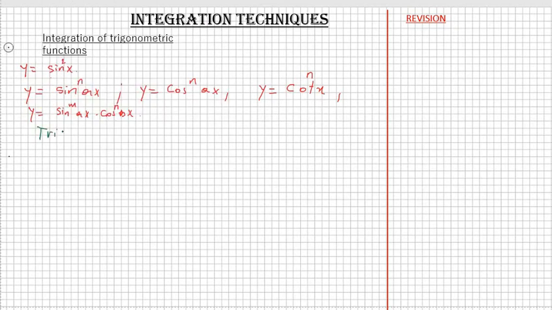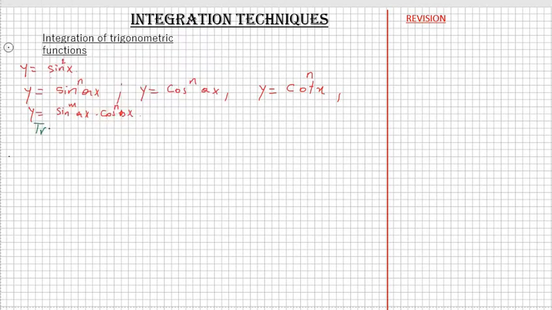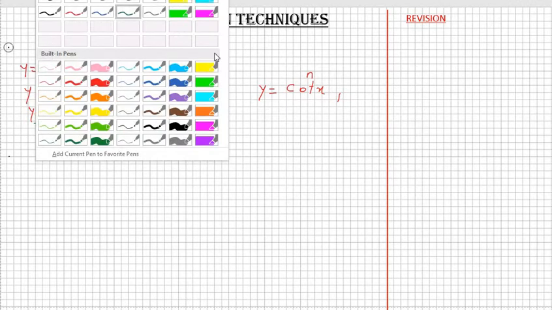So you need to know these few identities. So the first identity is the first one is,